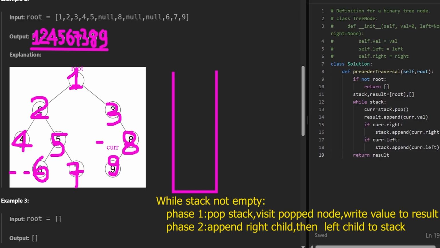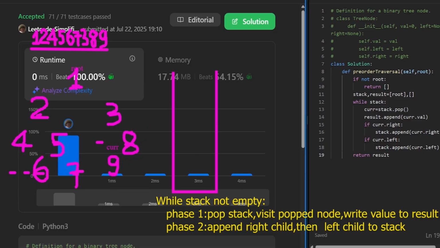Done. Let's hit the submit button. Boom, accepted. That's it. This solution runs in O(N) time, where N is the number of nodes, and uses O(H) space, where H is the height of the tree, due to the stack. This method is clean, recursion free, and handles large trees without hitting stack limits. Understanding how to simulate recursion with a stack is a powerful skill in tree problems. If you're able to walk through this stack-based simulation step by step, you're building a foundation for tackling many more